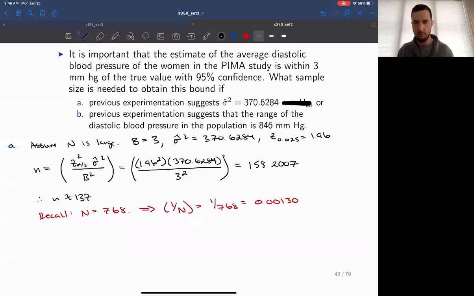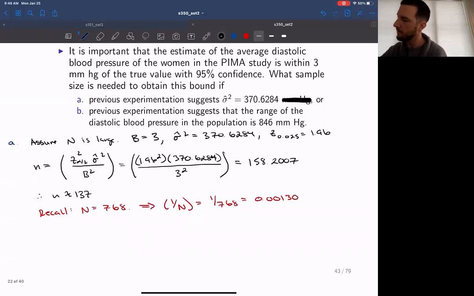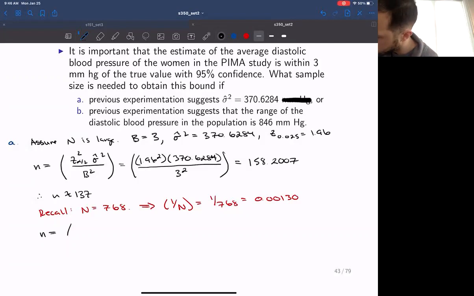So in this case, oh, I was wrong. Look at that. Okay, so if we include the bound, oh, look at that. Learned something new. Okay, so if we include the bound, then we have this additional factor to consider. So then we would have had little n is equal to